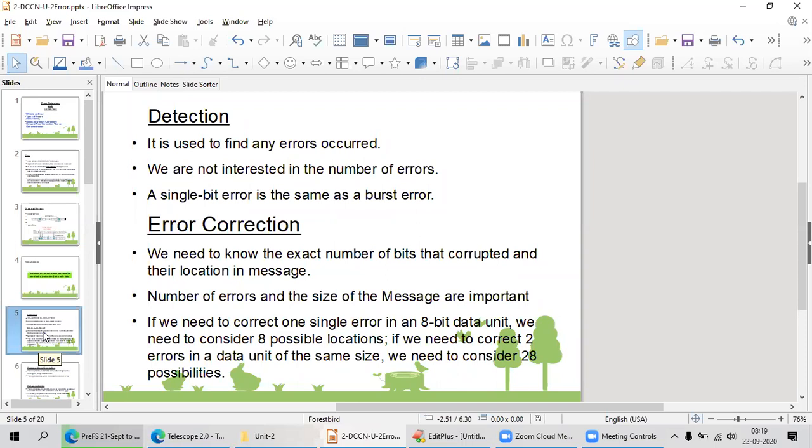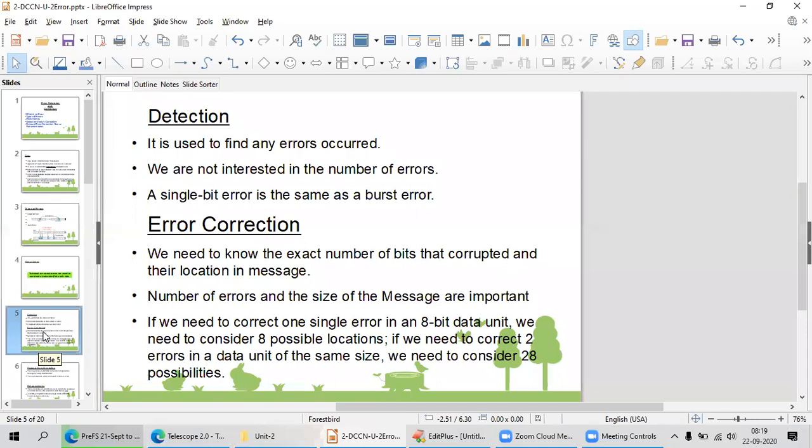If I have 8-bit data like 1000001 and I think a single bit error is there, I have to guess among the 8 possible locations, 0 to 7th in the array. There may be a chance of modifying that particular single bit.